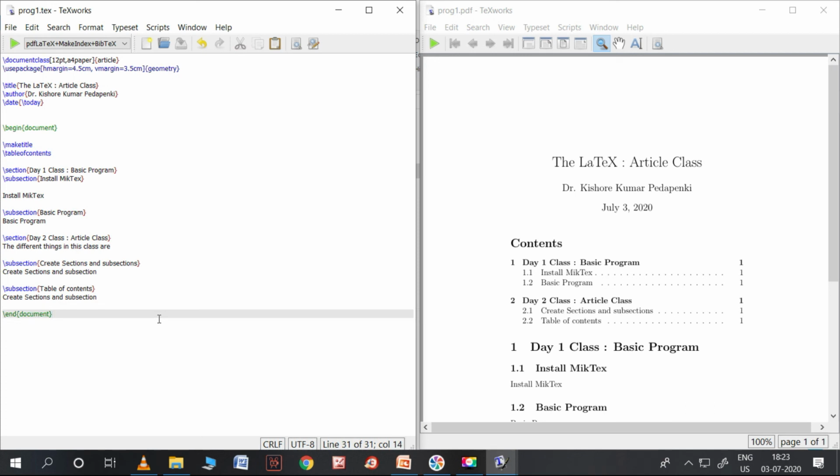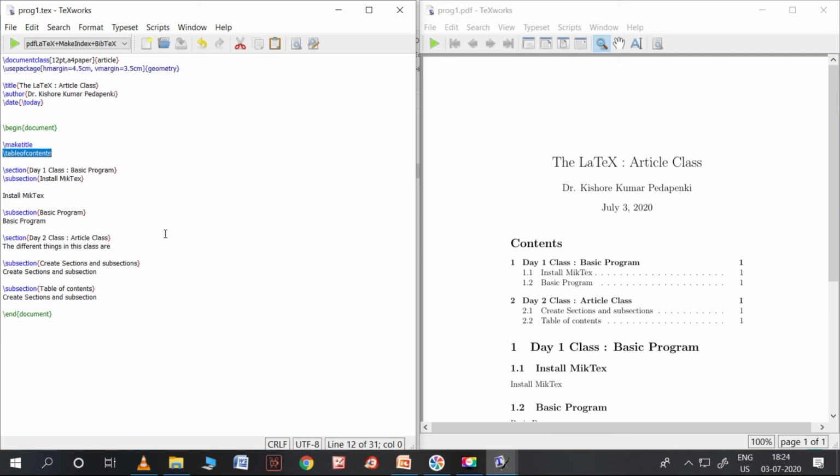In today's class we first used the geometry package to set the page according to our wish, and we studied how to write the title, how to make the author's name and how to put the date, and how to put sections and subsections and how to make the table of contents.